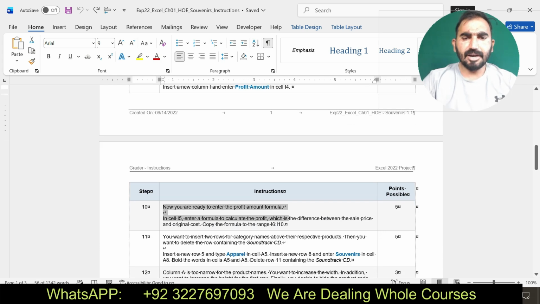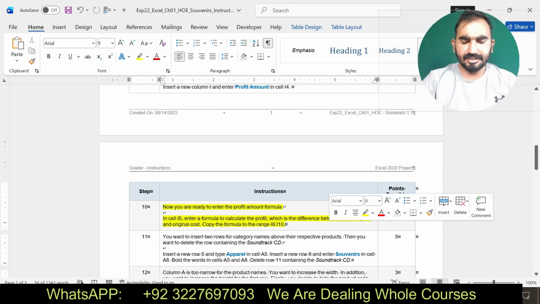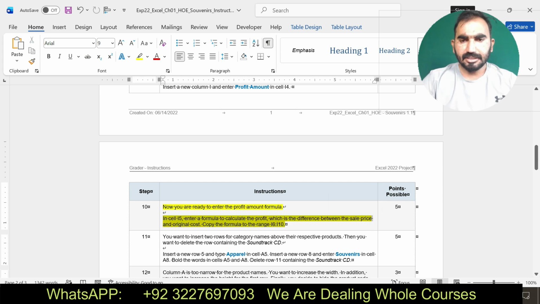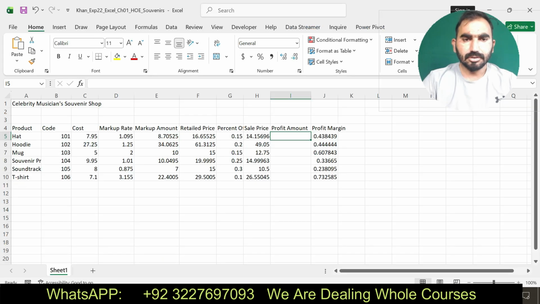In I5, enter a formula to calculate the profit, which is the difference between the sale price and original cost. Here you can see in I5, sale price minus original cost. I have applied the function according to the instruction and I have found the value for the profit.